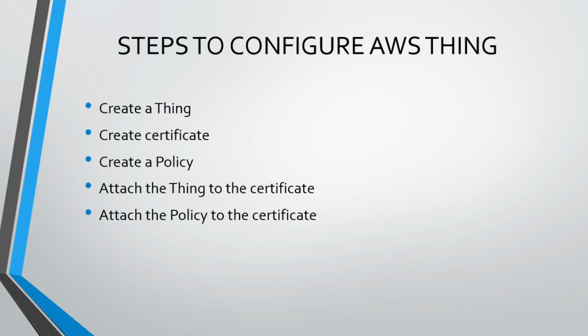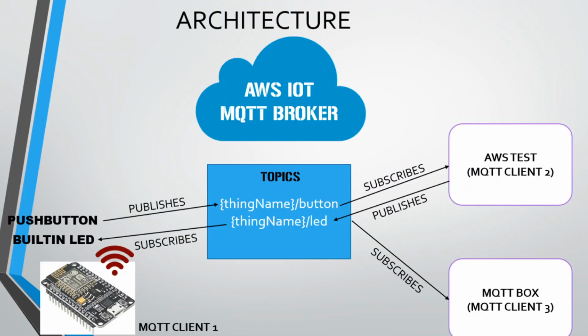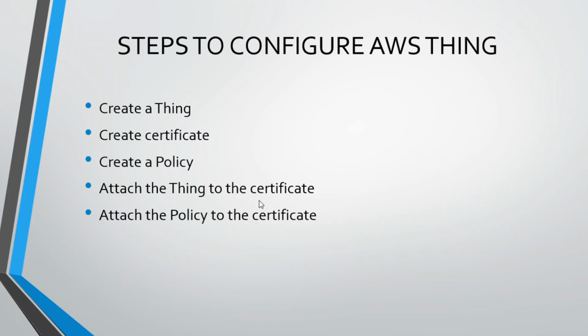If you want to know how I am sending data from this MQTT client of Node MCU, we are using an Arduino sketch, and a well-known library is used. First I will create a thing, certificates, policy and everything, set up these things and explain every step in brief. After that I will set up these things with Arduino, so that we can send data securely.